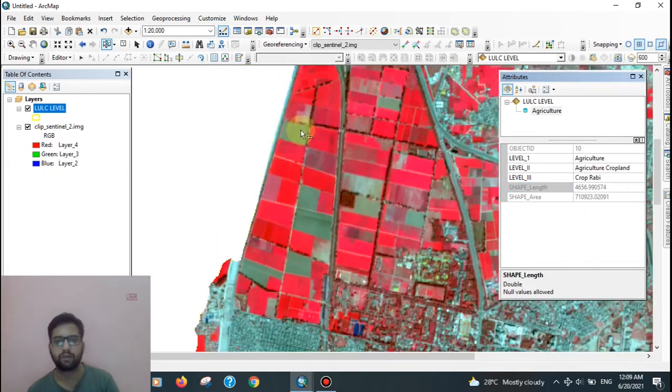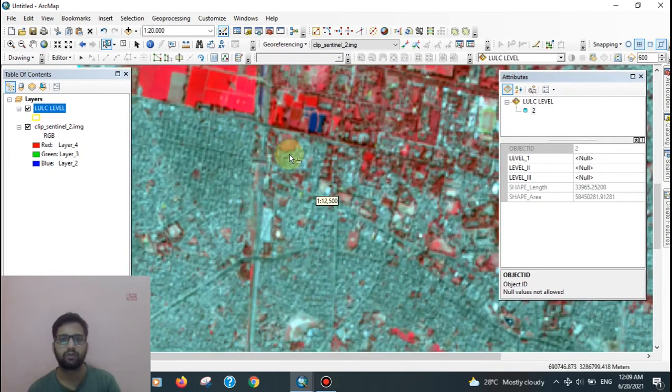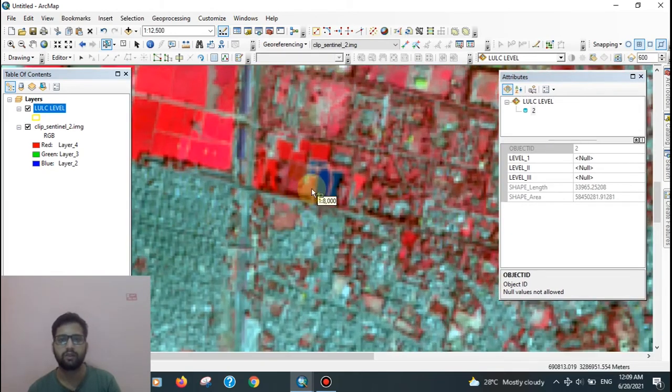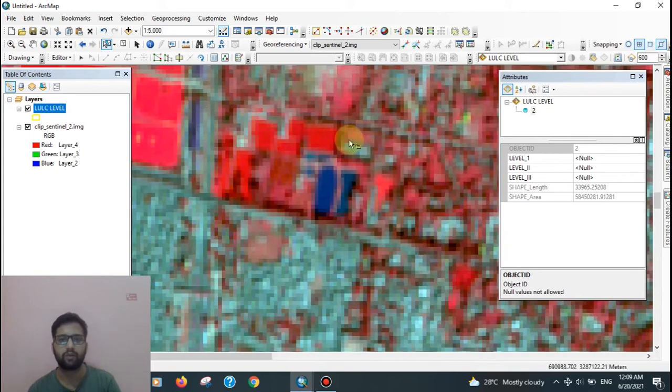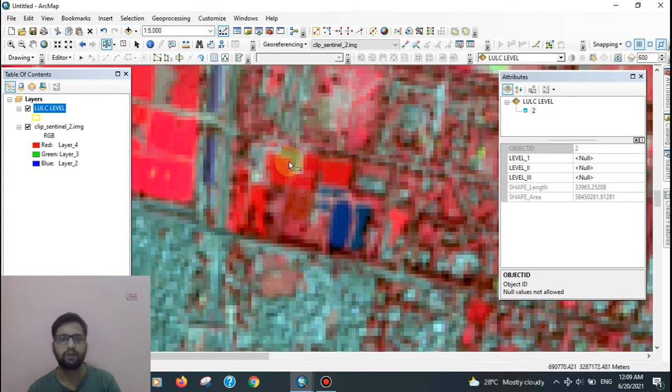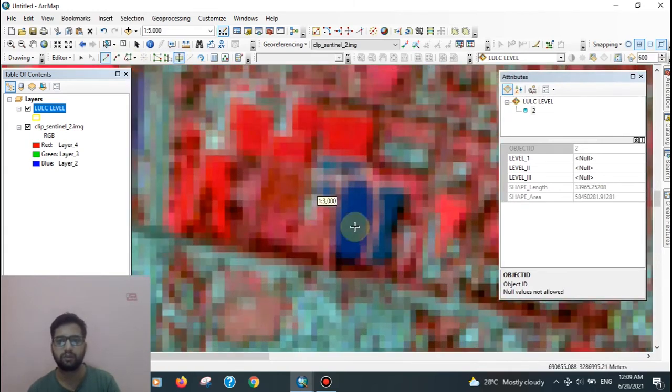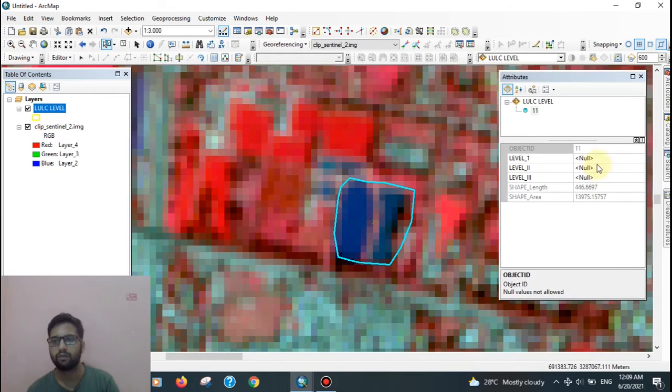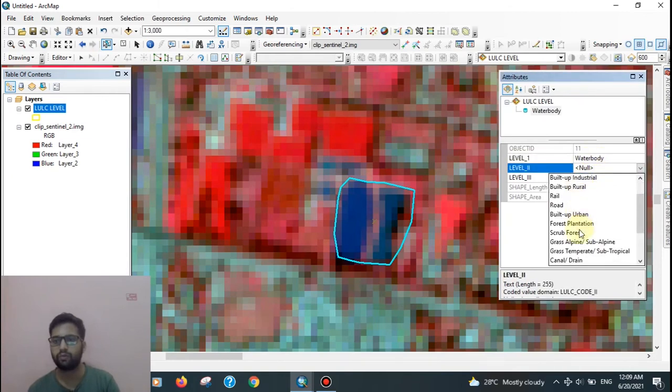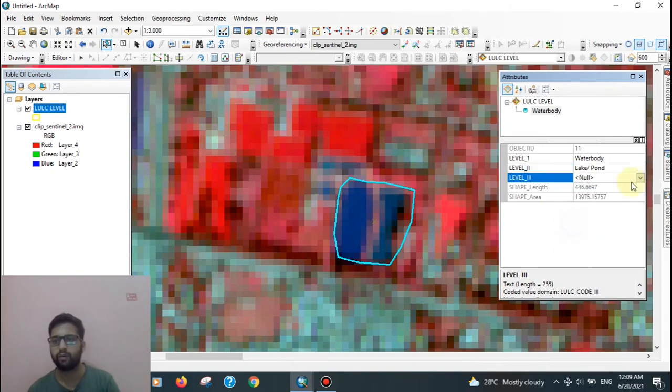Again, so now if you want to digitize a water body, again select, go to cut polygon. So just click, okay, select it, go to water body, then go to lake pond.